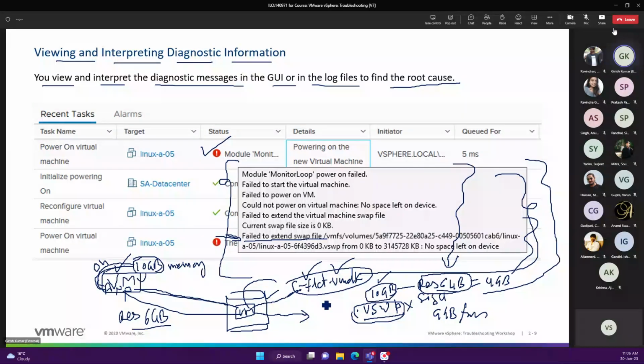Yes, it is possible. We can anytime convert thick to thin, thin to thick. But thin to thick you can do directly at the VM level. You need to shut down the VM, then only you can do it. There is an inflate option directly, and this way you can convert thin to thick. But thick to thin, and thick has categories like eager zeroed and lazy zeroed. If you want to convert eager zeroed thick to lazy zeroed, or thick to thin, thin to thick,